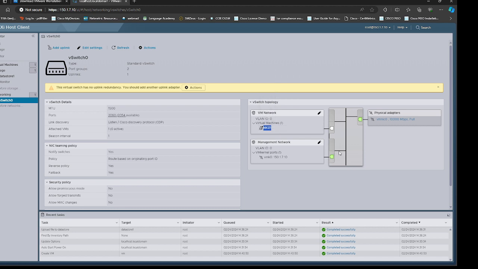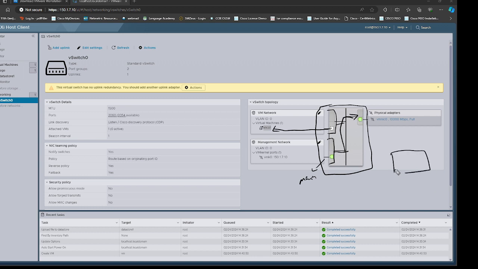Now, if you see these two lines, this is the whole switch. Let me get the pen and I will select the black. So this is the whole switch. In this one, this is a port group, and this is a port group. This is for the management. And within this port group, one port is being allocated to my virtual machine, and both of them are connecting to one uplink only. So this is the switch.